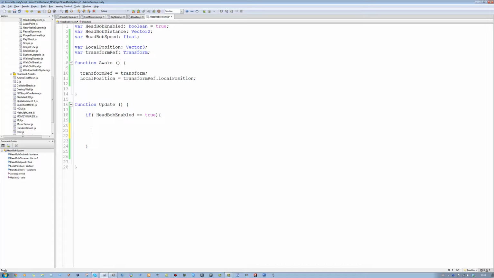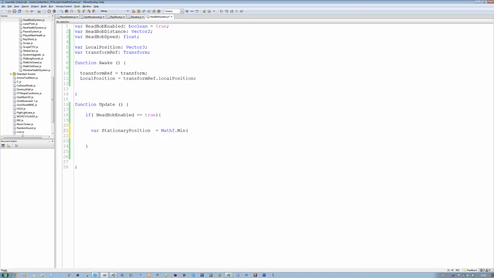So I'm going to call this stationary position, and it's going to be equals to Mathf.Min